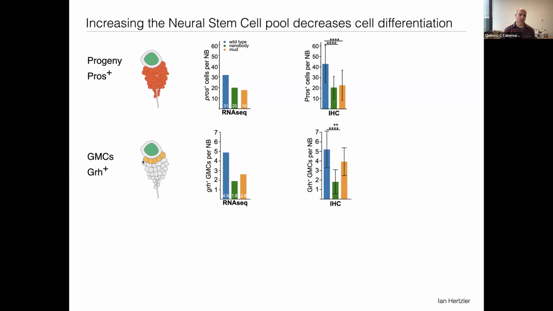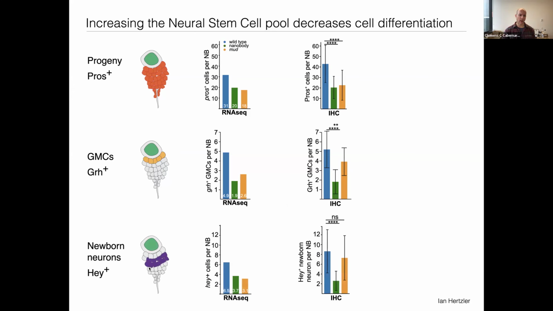Now, when we look into ganglion mother cells, the youngest or the first cell type that's being produced by these neural stem cells, using a marker called grainy head, we see a similar trend whereby both RNA-seq and immunohistochemistry suggest that there is a reduction in the number of grainy head positive ganglion mother cells being produced, despite the fact that we have more neural stem cells. The same applies to newborn neurons labeled with Hay, where we also have a reduction in these cell types